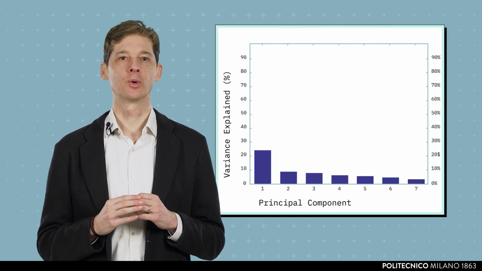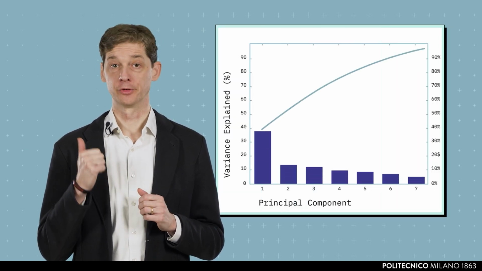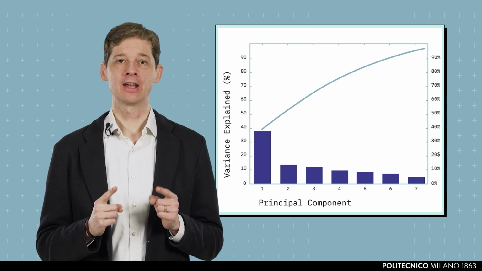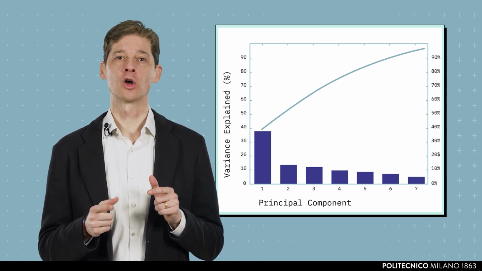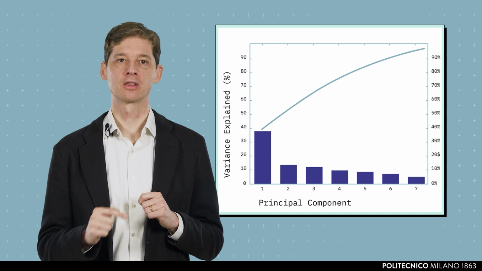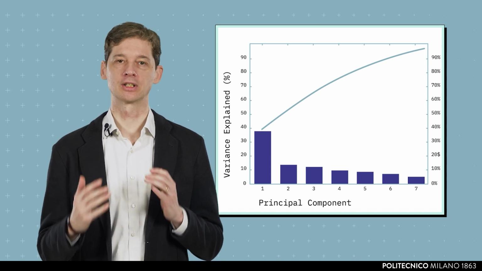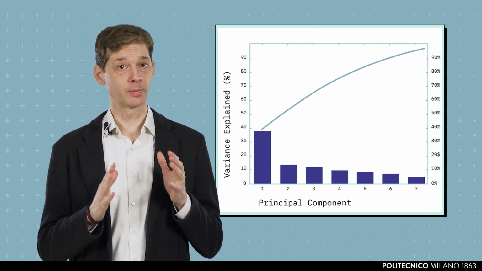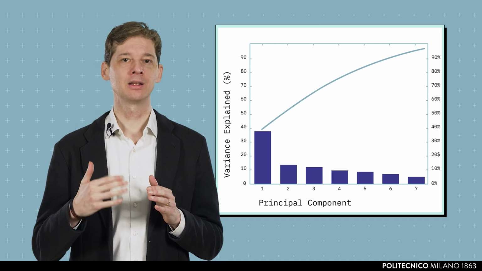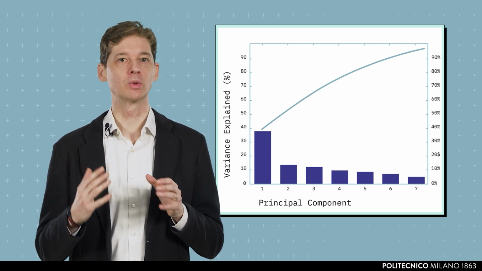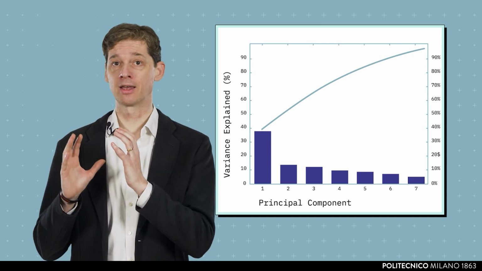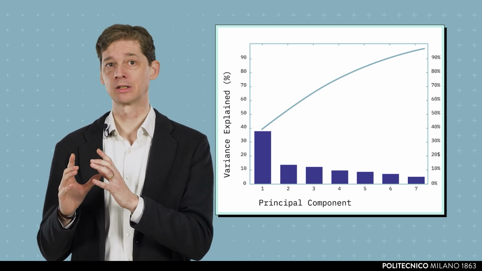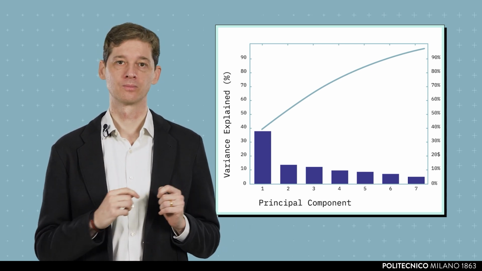Now, how can we choose how many and which principal components to select? First, we must sort the eigenvectors in descending order of eigenvalue. Then, given a threshold on the percentage of the original variance that we want to retain with the new representation, starting from the first principal component, we keep adding new features until the ratio between the sum of the eigenvalues of the selected components and the sum of the eigenvalues of all the components crosses the chosen threshold.